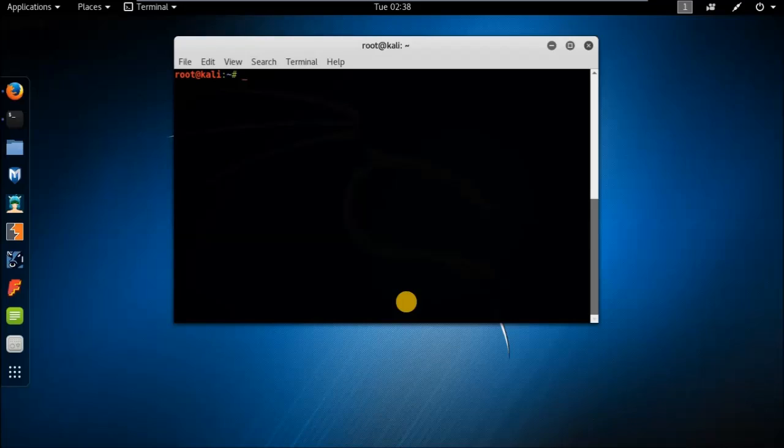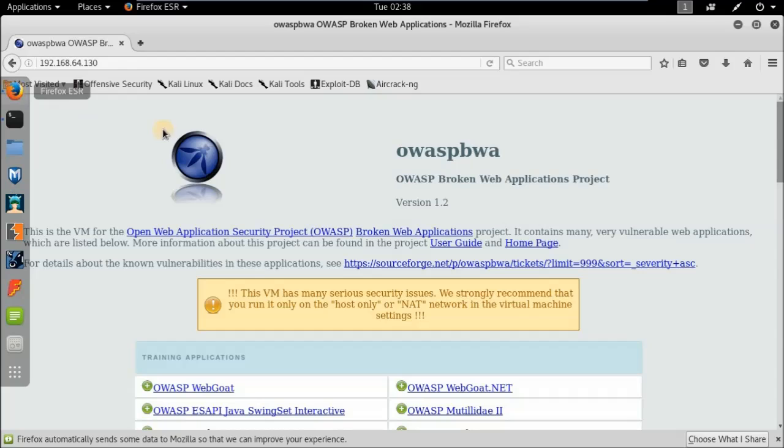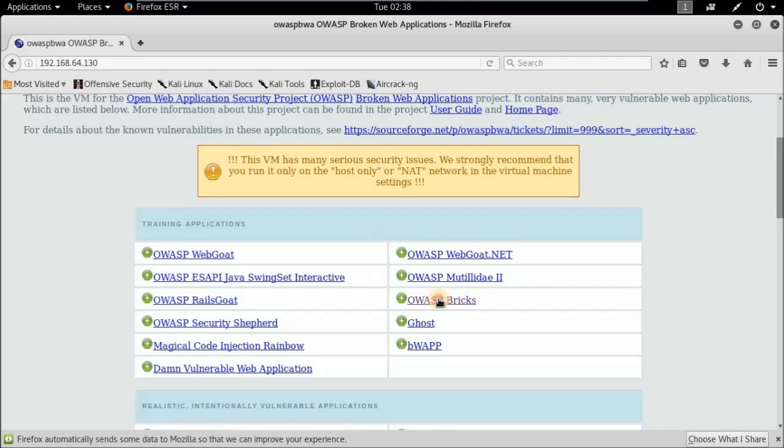In this case, I am going to exploit the SQL injection vulnerability. At first, I will confirm whether the web application is really vulnerable or not. So just start browsing the web application. In this case, the target is OWASP BWA, Broken Web Applications, a totally vulnerable virtual machine. So I will simply browse and see if a vulnerability is found or not. Move to the Bricks,